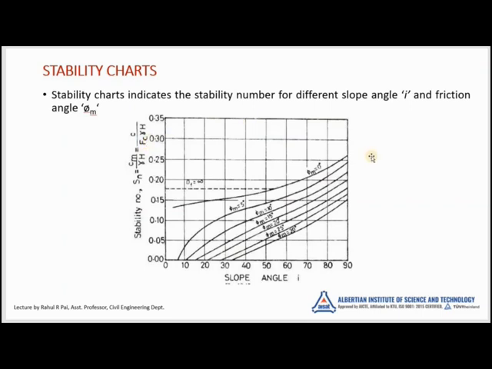What will be the factor of safety? You can check whether that factor of safety is greater than 1 for that adopted sloping angle. So for 60 degree, if you have the factor of safety greater than 1, it is well and good. You can construct that slope. But if for a particular angle that factor of safety is less than 1, then you have to trial for another slope angle. So this is how you find the slope angle or the factor of safety, both based on the stability chart.